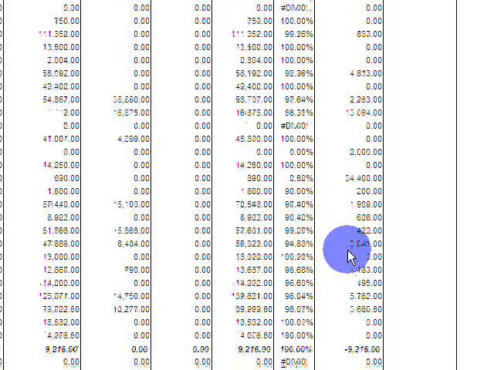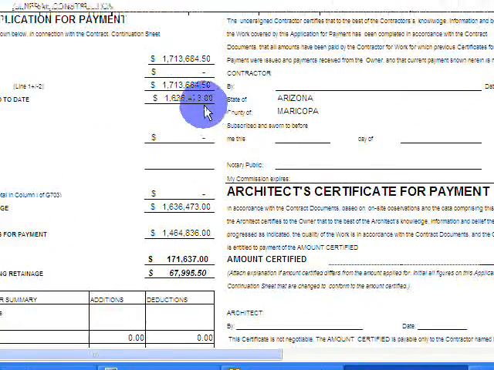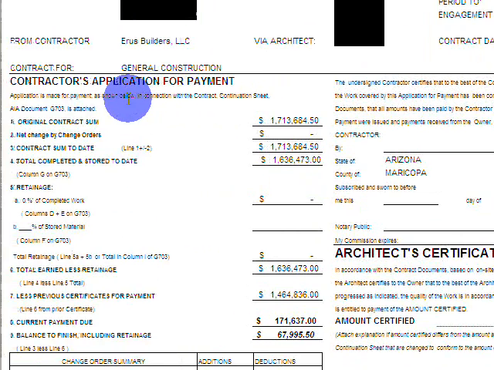I'm going to go back to the front sheet here just so you can see that again to look at the numbers. And if you got any further questions on pay applications or invoices or anything building and construction related,